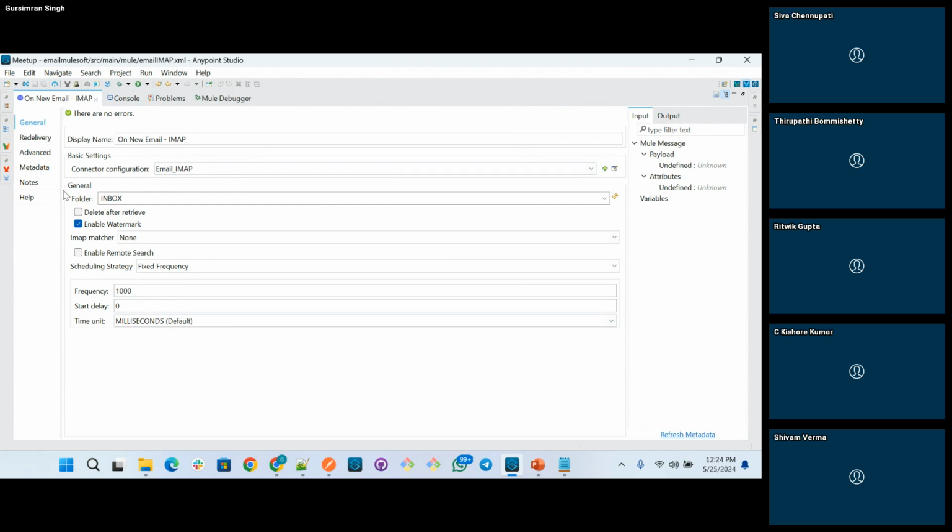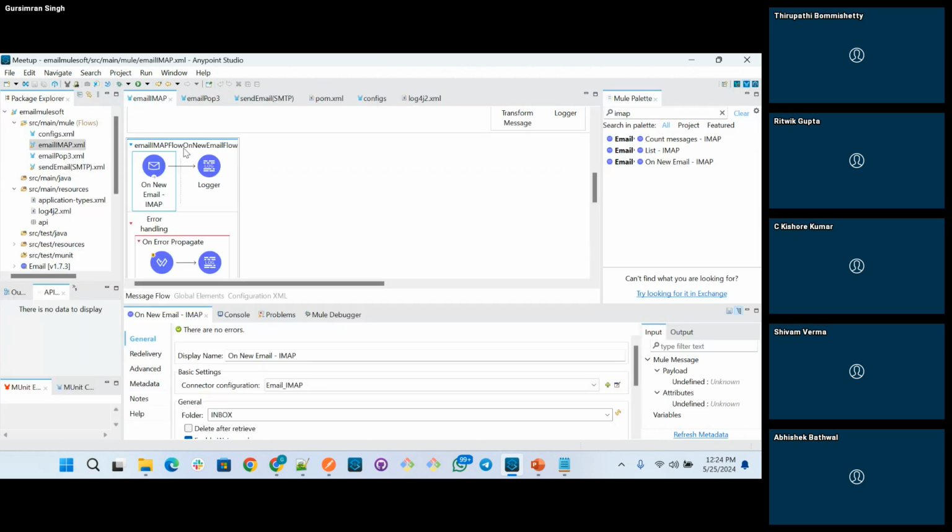It will maintain the track for process recalls. Okay, so let me ask you a question again. For example, if there are 10 emails in the server, and we have done our API, in the first execution, how will it behave? The first execution will get returned. It will start from the last retrieved mail. If the total retrieved mail in the first count is 5, then it will start from the sixth one.